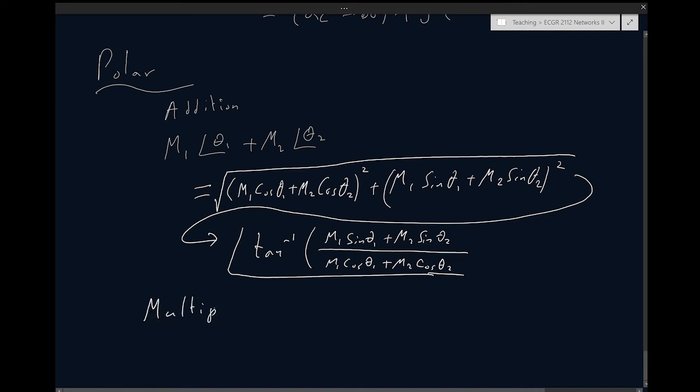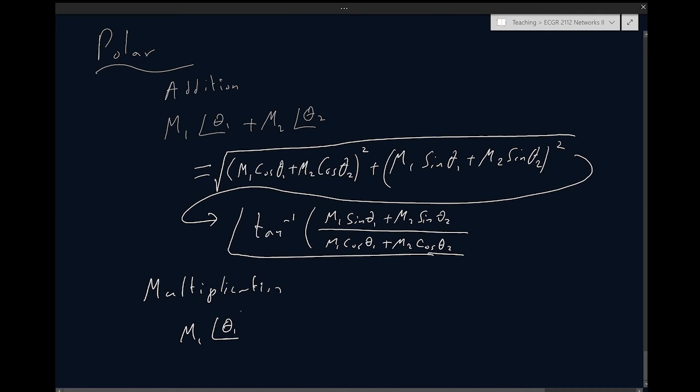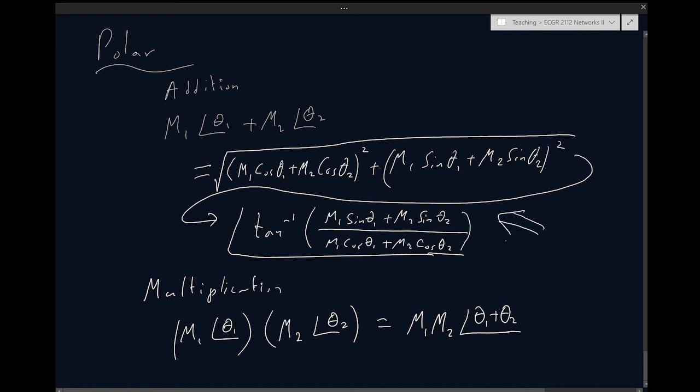Multiplication is simply, if I have M1 theta 1 times, I like the thickness of this pen better now. I think something changed in the pen when I did the lasso thing. Okay, so this is just M1 M2, theta 1 plus theta 2. Simple. Okay, it will be an interesting exercise to see if we can simplify this expression further. Perhaps we can, I'm not sure, but it will be an interesting exercise to do. All right, but